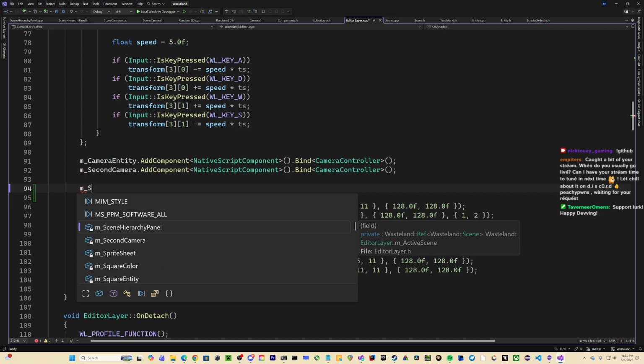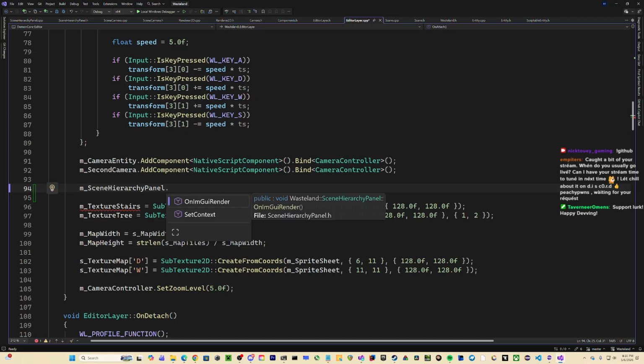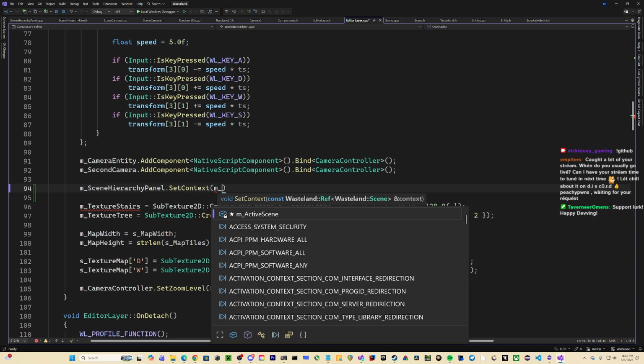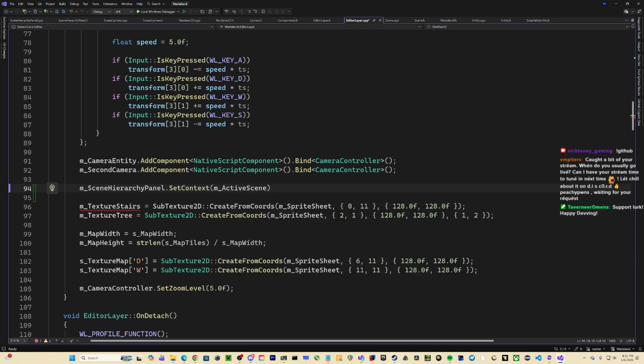Fuck. There. Set context. There. And then it will have to be active scene, which will be the context. This causes some stupid errors.